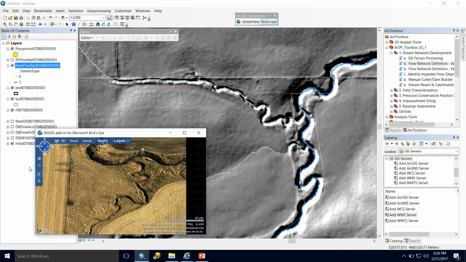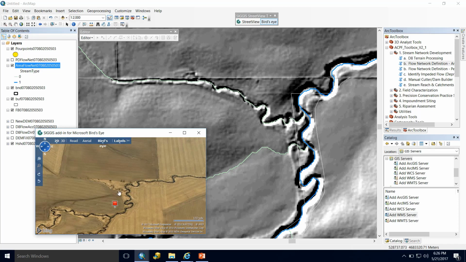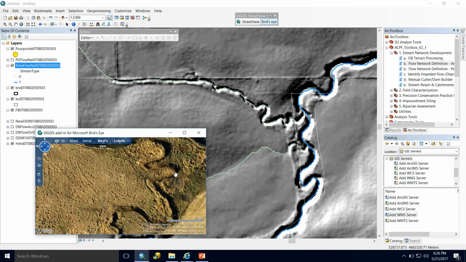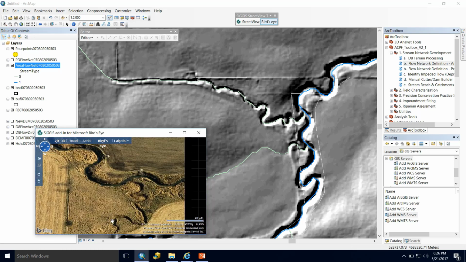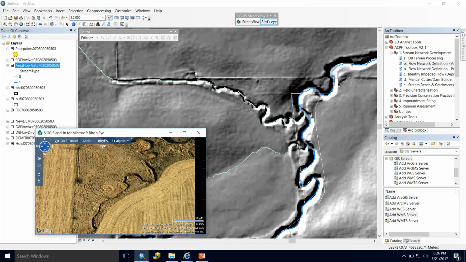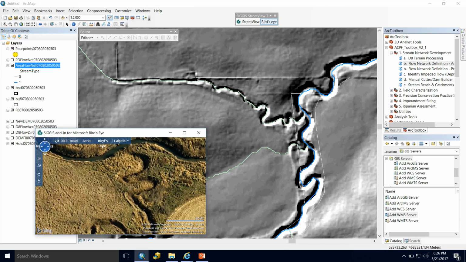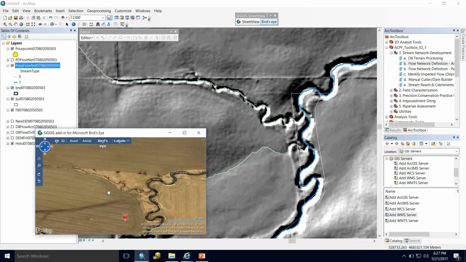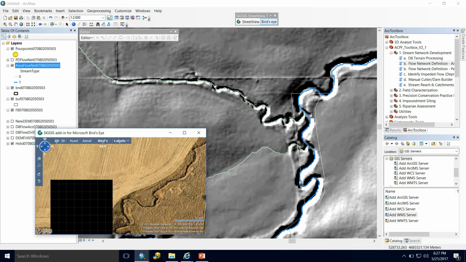See, in this instance, it's sort of hard to view from this side if that has water flowing in it or how incised it is. But with a quick rotation and making sure that I'm still looking at the right segment, which I am, you can see that it is a fairly incised channel here, and it's not just a shadow. So I know that I do want to include that in my network.